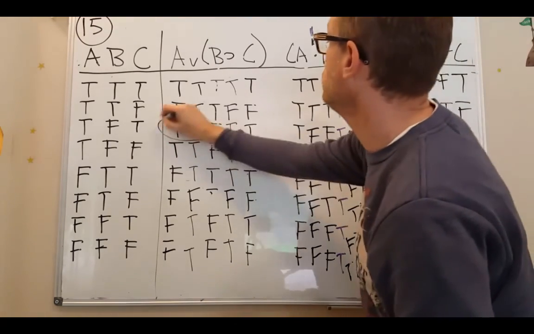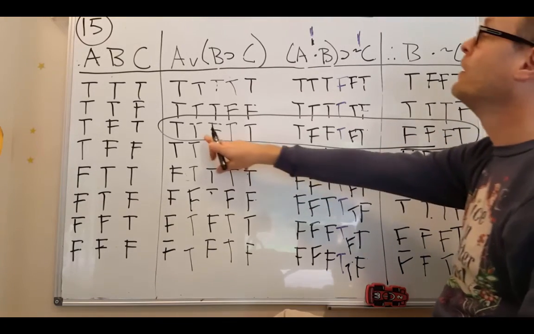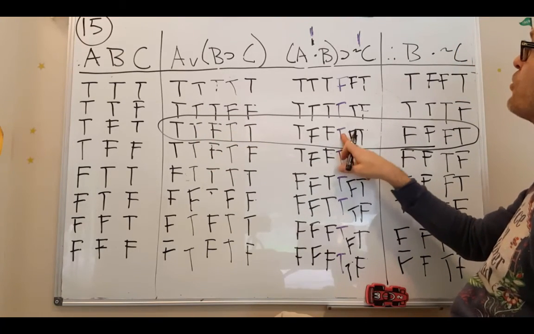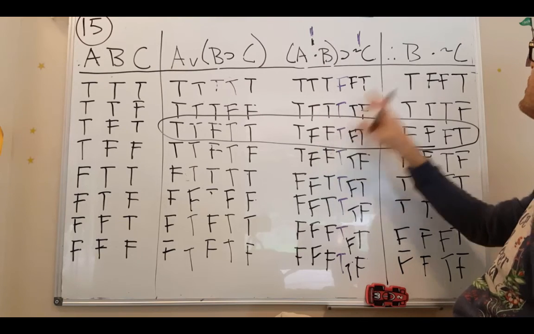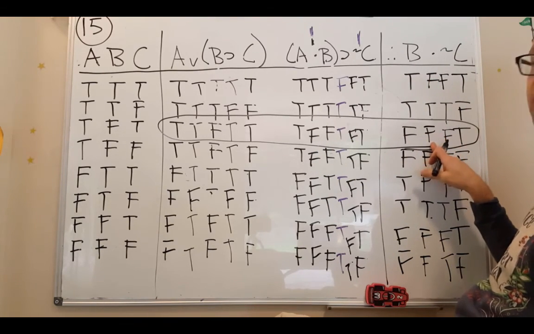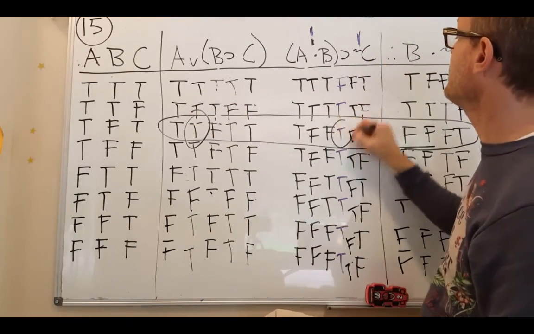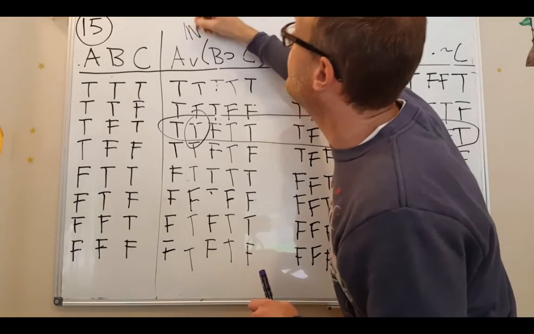Whoop, whoop, whoop. Okay, this third row down. I have a true premise because of the wedge. I have a true premise because, remember, the antecedent of this conditional right here is false. And then I have a big, huge conjunct of false, false, which is false. So I have a premise that's true, a premise that's true, and then a conclusion that's false. And so this is invalid